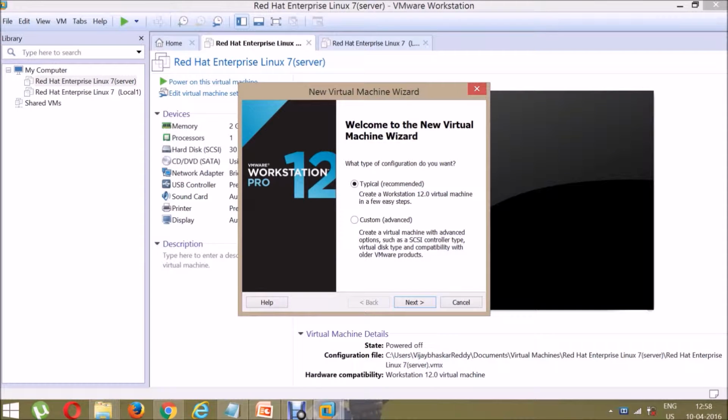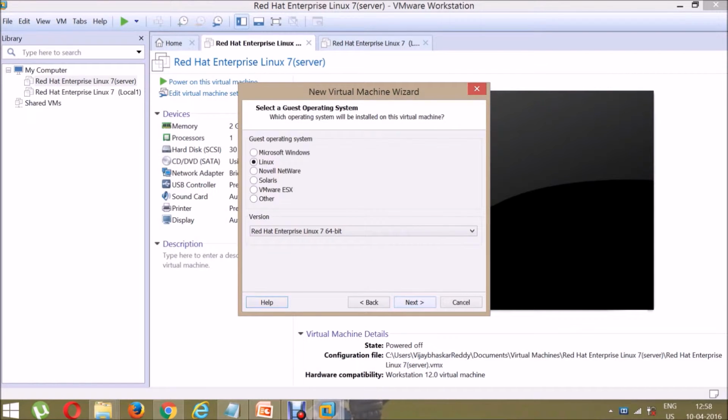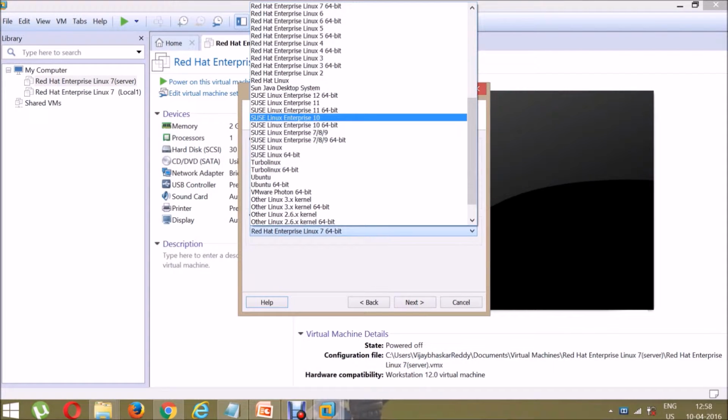Then go for Typical, click on Typical, and select "I will install the operating system later." Select Linux and the version as well, whether you are installing Java, Sun, Solaris, whatever it may be.